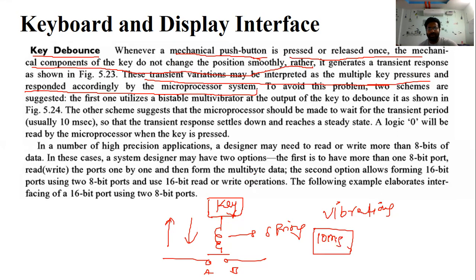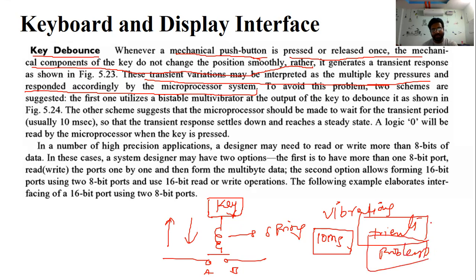Nowadays in our advanced laptops and desktops we also use spring balanced keys, and we press the keys rapidly. Because of these vibrations, it produces a transient problem.